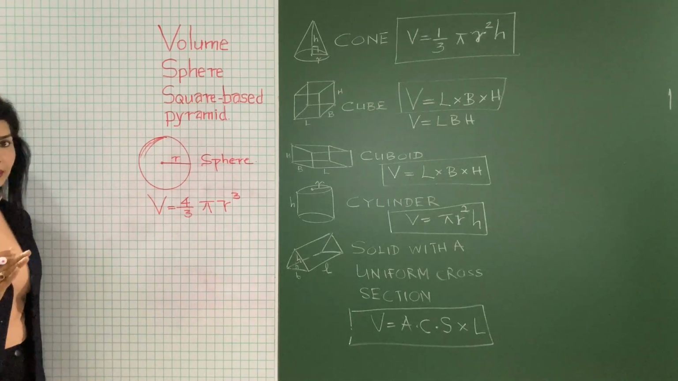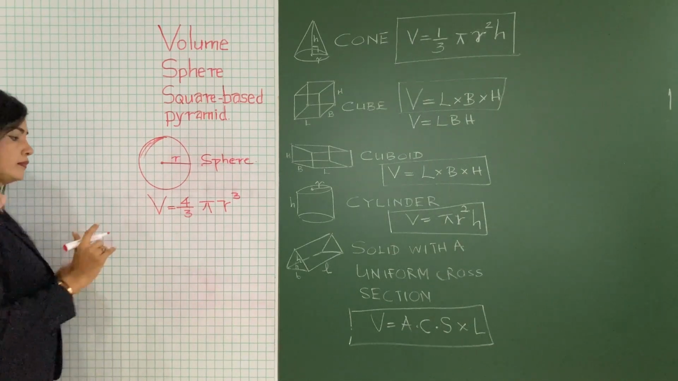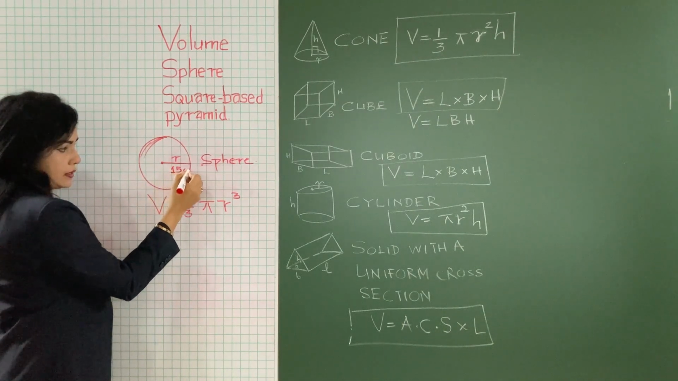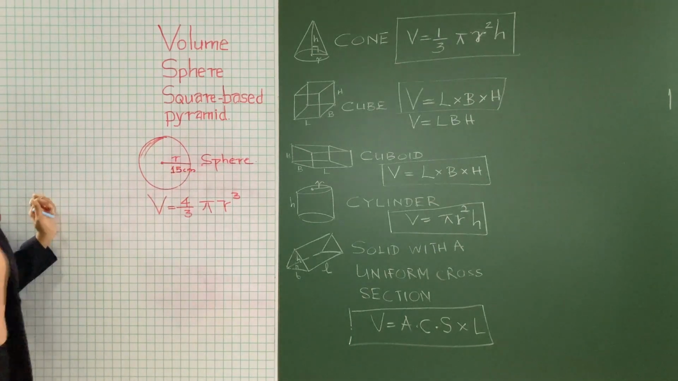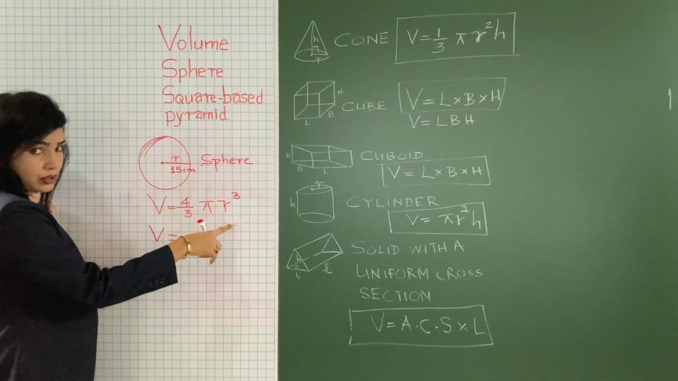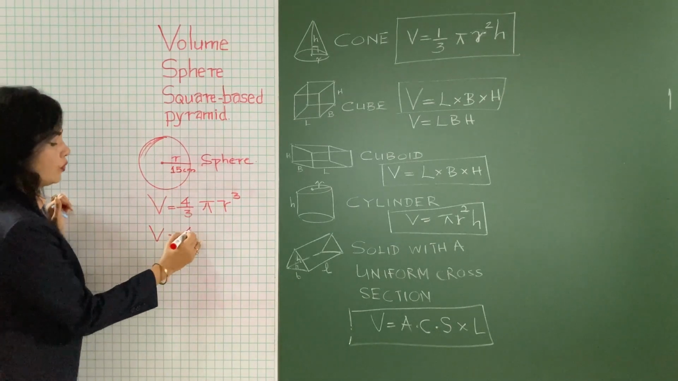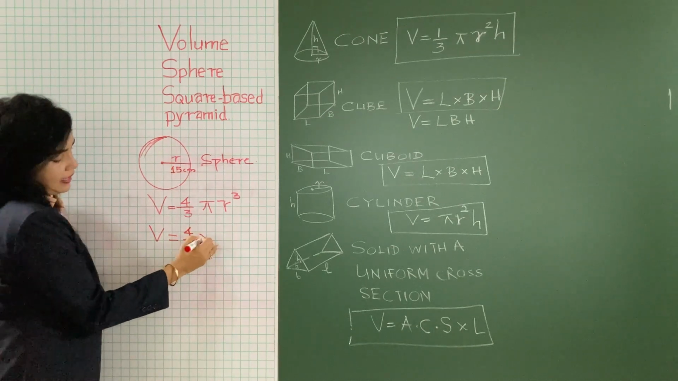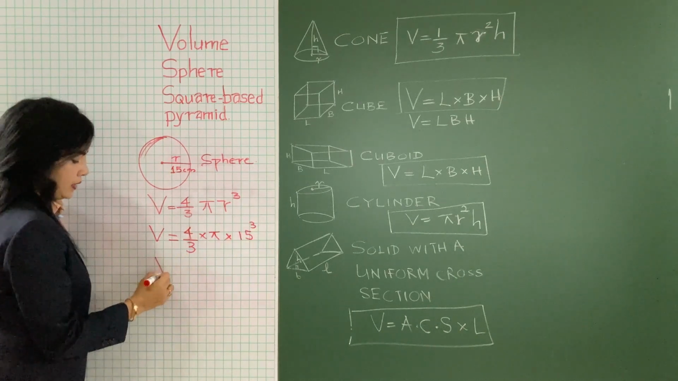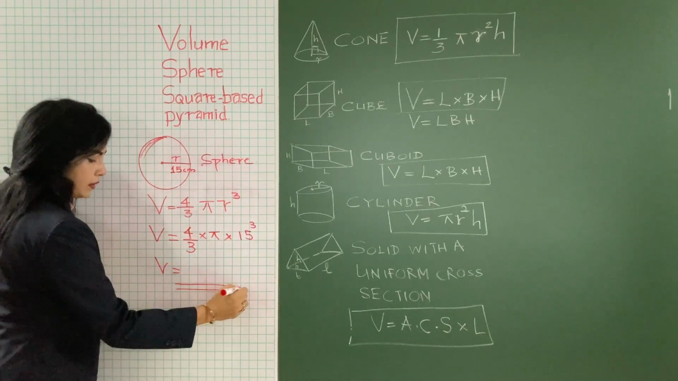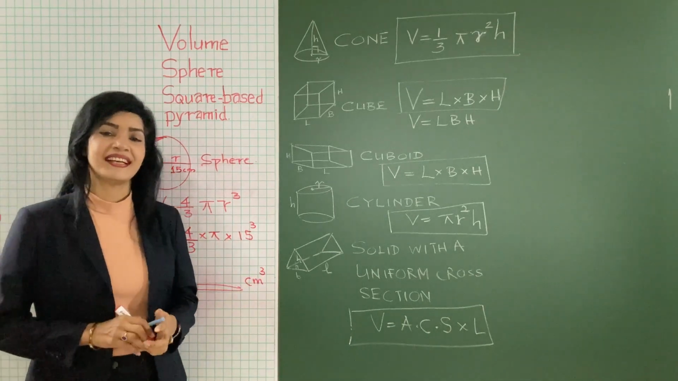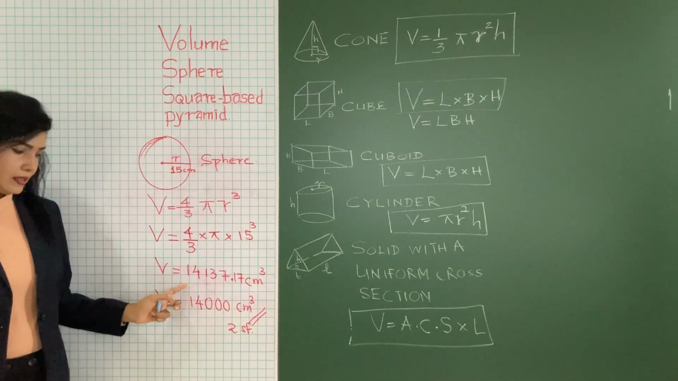And anyway, volume appears only in 3D figures. Right, if this radius is 15 centimeters, let us find out the volume of this sphere. It's very easy because only one substitution is there in this question. 4 over 3 into pi into 15 cube. Will you give me the answer for 3 significant figures? And it appears in cubic centimeters? Yes? What is the answer? The answer is